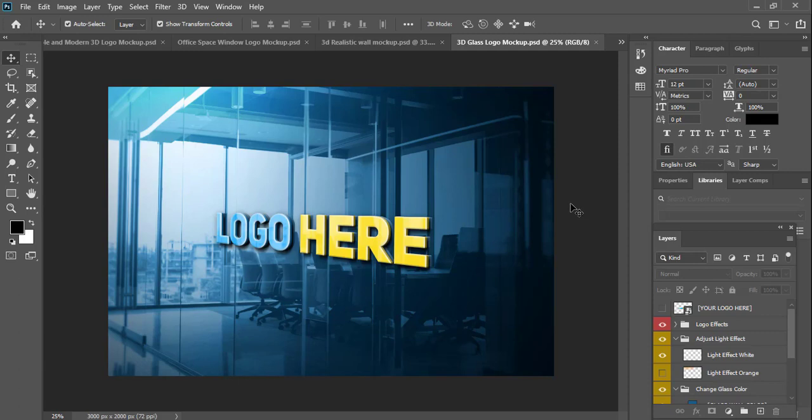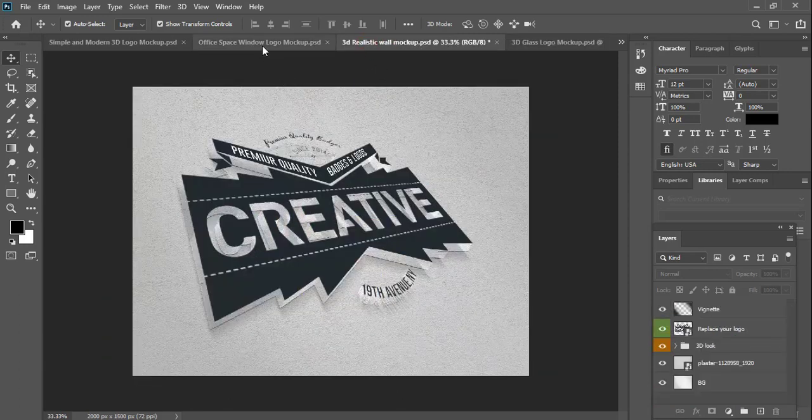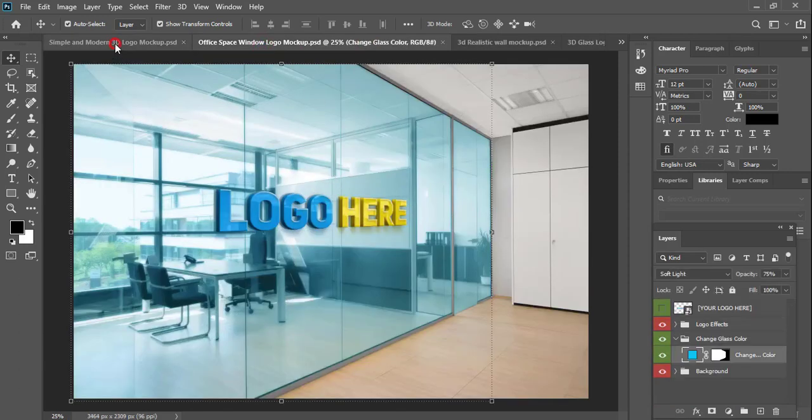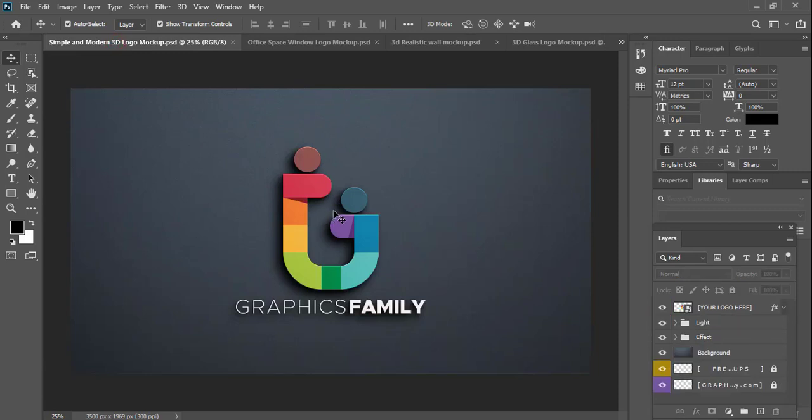Now here I have selected four different kinds of mockups which will be free to download. I'll tell you from where you can download them. But before that, let me show you the mockups I'm going to share with you. This is the one. Here is another one. Here is another, and this is another. So now, how do you apply a mockup to your design?